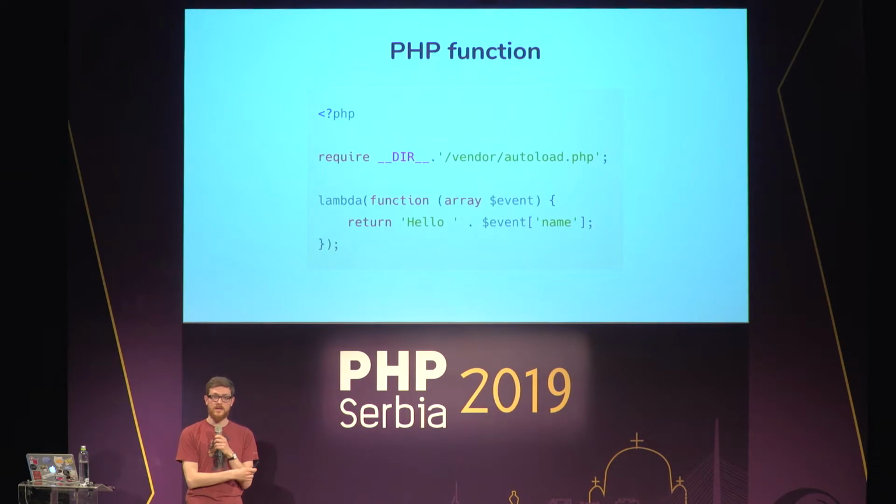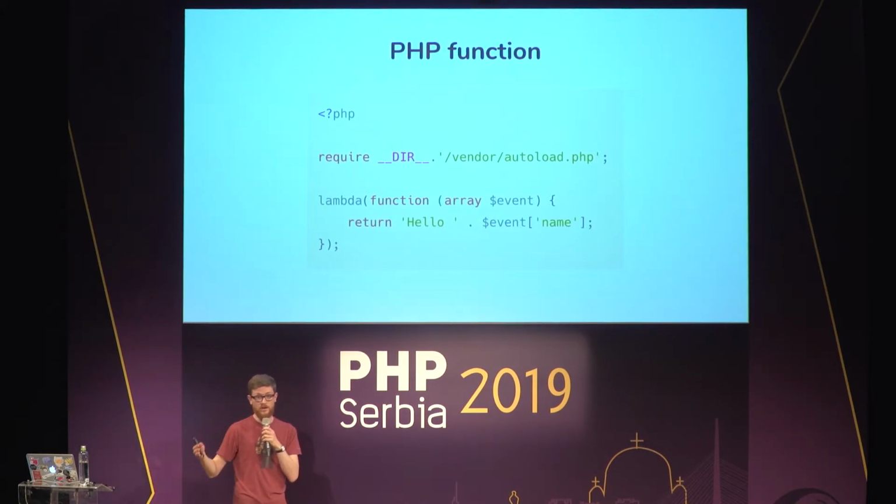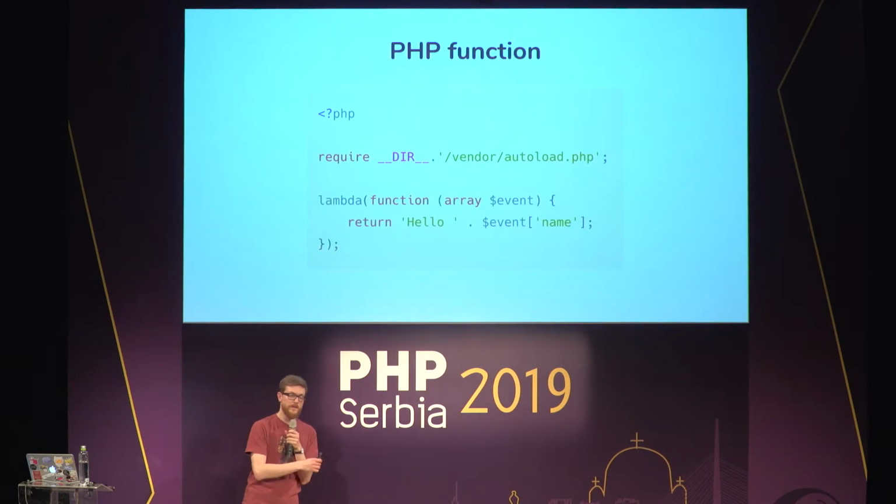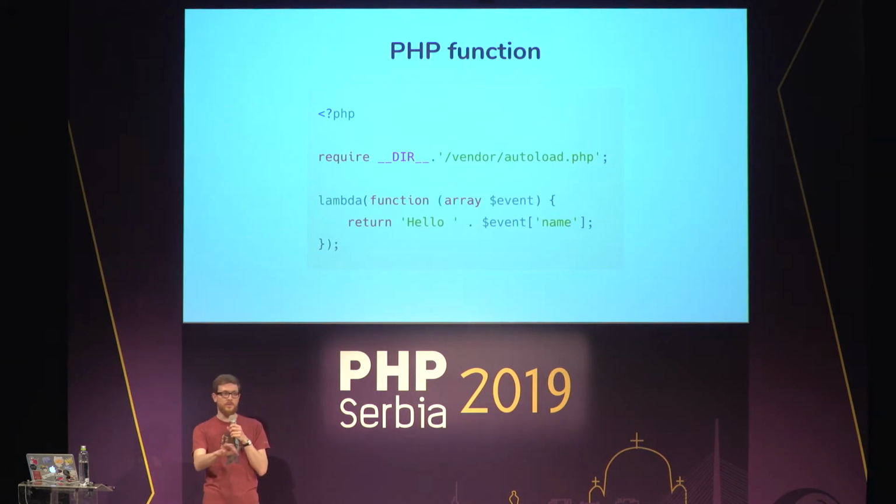The PHP function is this. It's the same thing as what we can do with other languages. It's a function that takes an event and returns a response. So you can put that in an index.php or script.php and write a Lambda function in PHP. That's the most basic PHP support you can get on Lambda. And it's actually quite powerful, but I guess right now you're wondering, what do we do with that? Okay, let's not do anything with it yet.